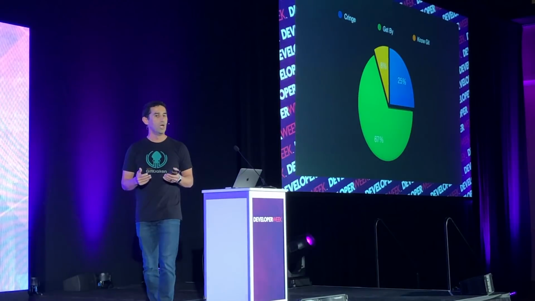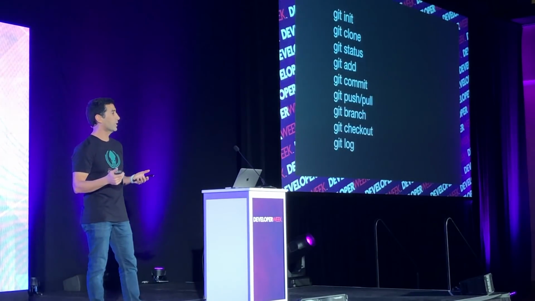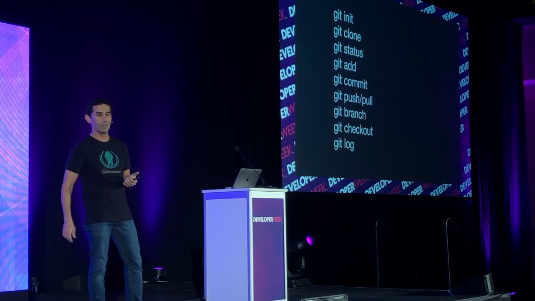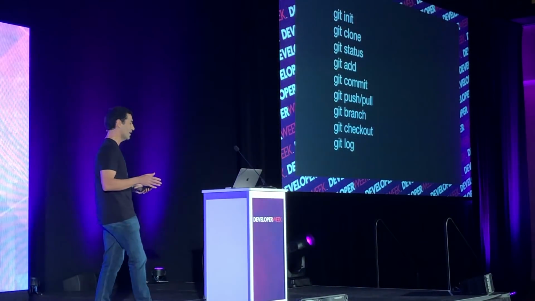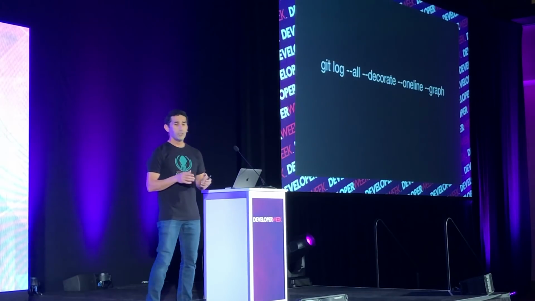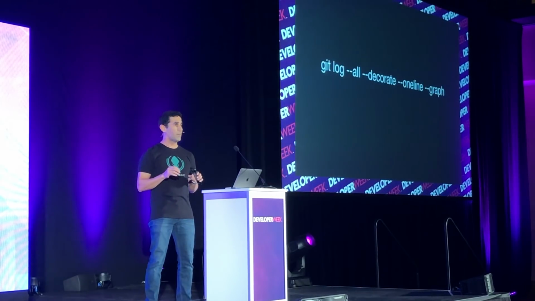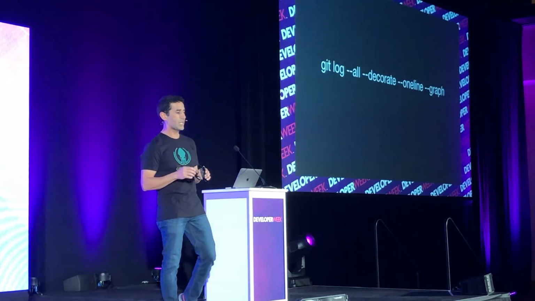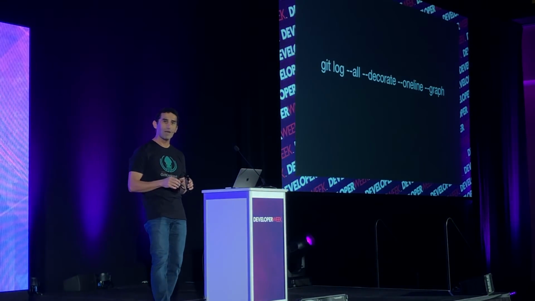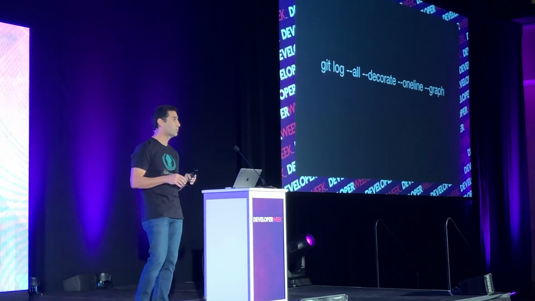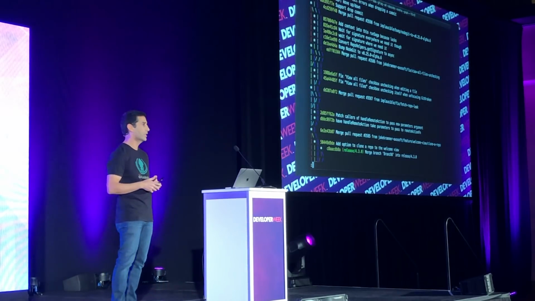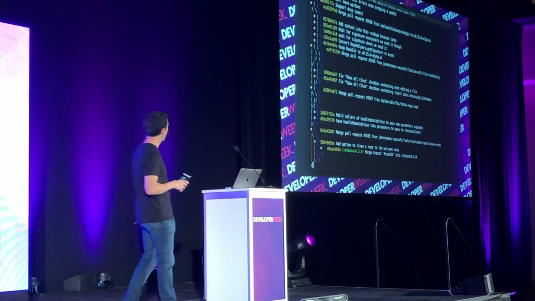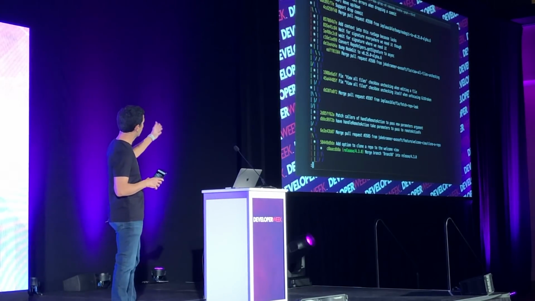92% of you are using cheat sheets that look like this, where you have the common Git commands, right? You know what I'm talking about. And the more advanced of you know all the detailed commands where you can type git log --all --decorate --oneline --graph, and after all of that typing, you get this beautiful ASCII art that looks like this, where there's some squiggly lines on the left-hand side that supposedly show merges and branches